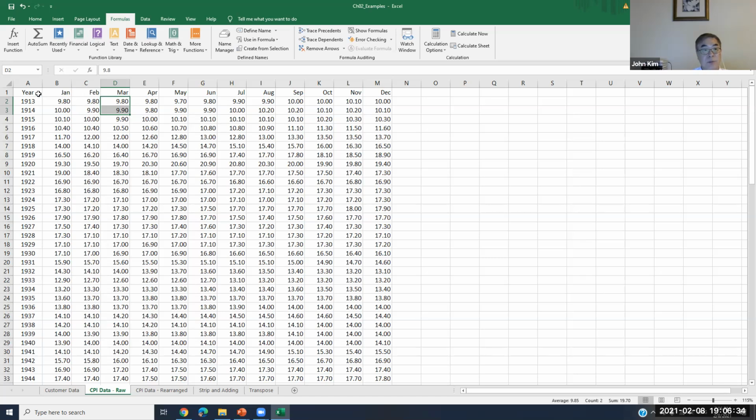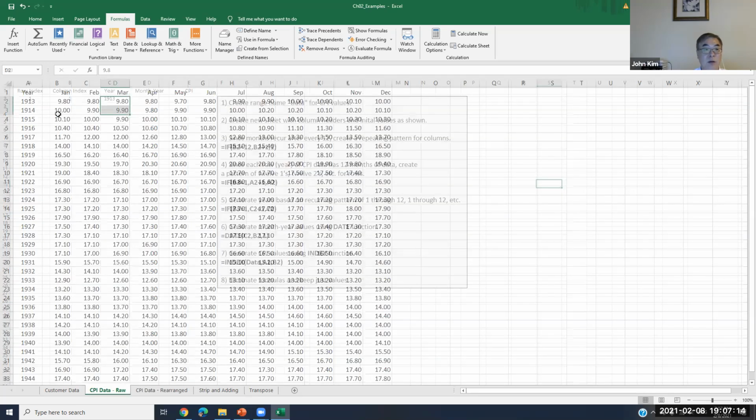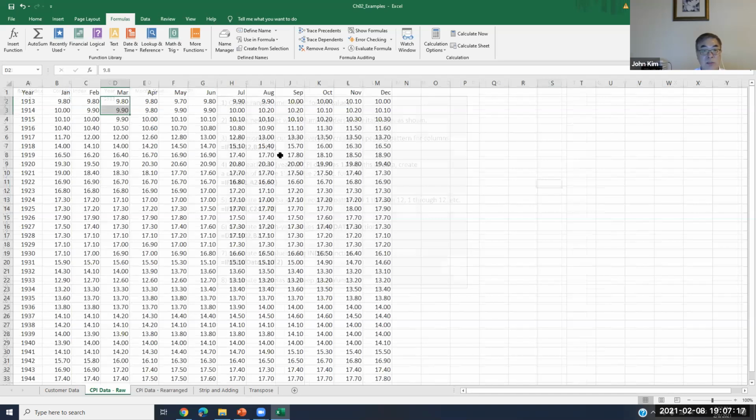First row, first column. So first we start now with this column name and so on. And then here, you know, months repeat every 12. 1, 2, 3, 4, 5, 6, 7, 8, 9, 10, 11, 12, and then 1 again, and 1 again, and so on. So it repeats every 12. So this column index: 1, 2, 3, 4, 5, 6, 7, 8, 9, 10, 11, 12, and then again 1, 2, 3, 4, 5. So column index,